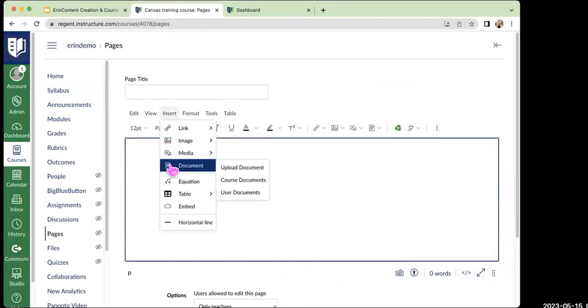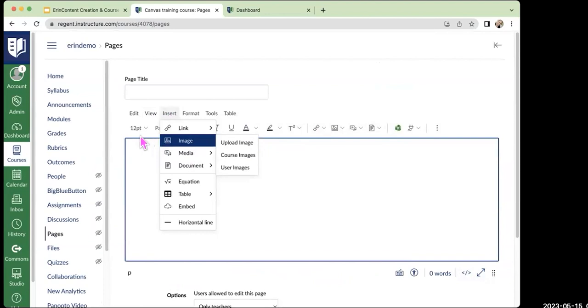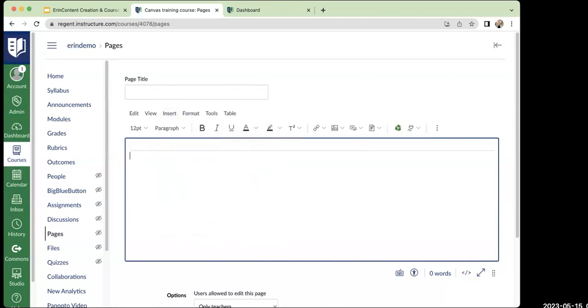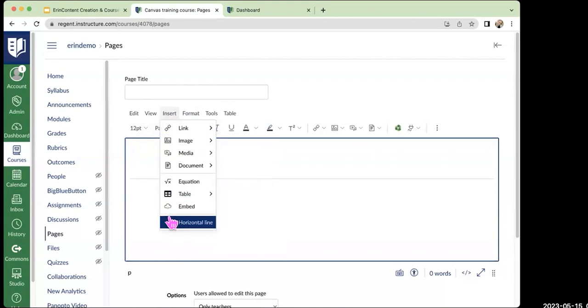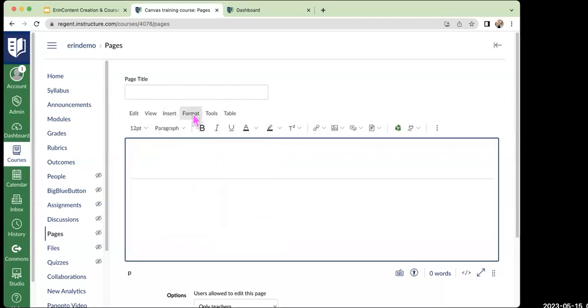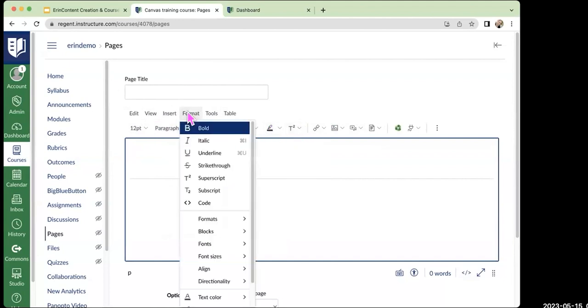The ability to insert these items is also available over here on the shortcut, so I'm going to skip those for now. One thing that is on the menu up here that is not down here in the shortcut is this horizontal line. It's not super exciting, but it is nice to have. So if you want to insert a horizontal line on your page, you can do that right here by clicking on horizontal line. Another thing that you can find up here that you will not find down here, so you'll see some text controls like font size and style, bold, underline, italic, different colors and highlights and superscript, but the